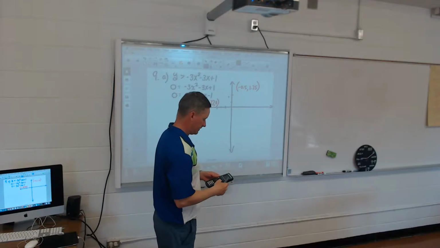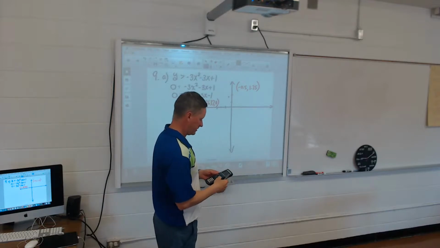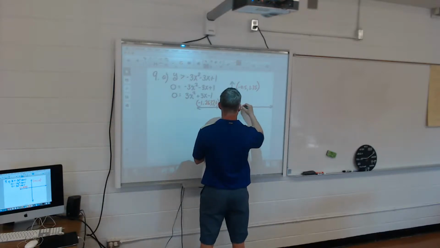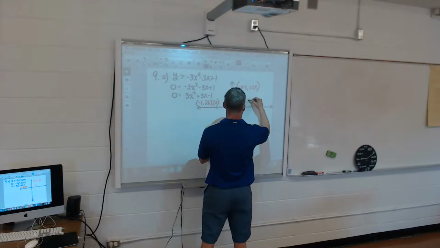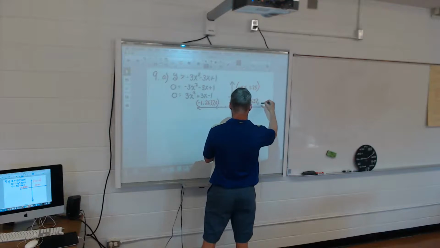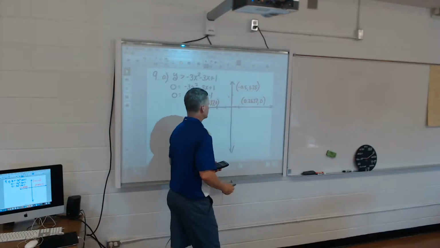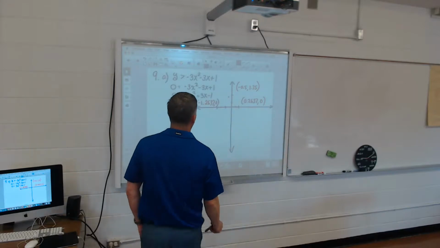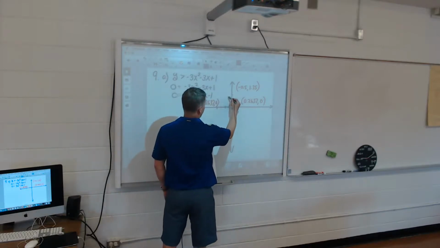And then my third 0, or second 0, sorry, is 0.2637. Okay. So when I draw the shape of it, I got to remember that it's dotted